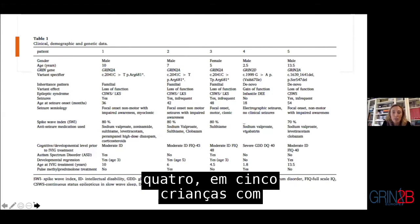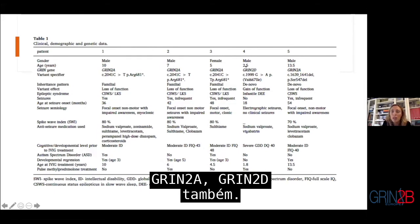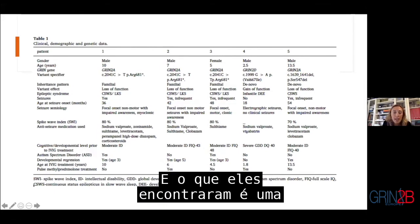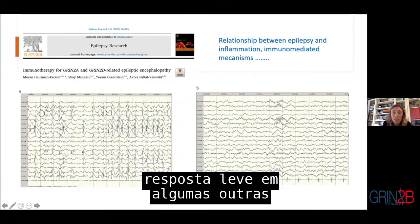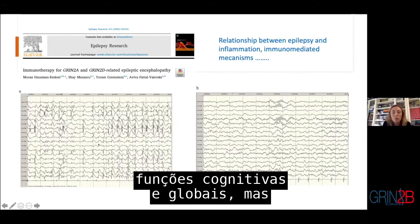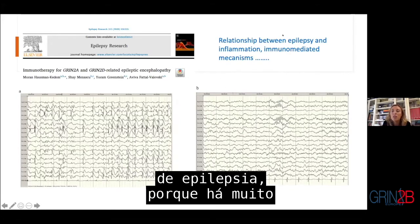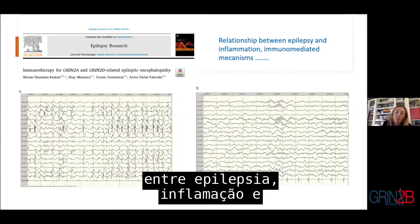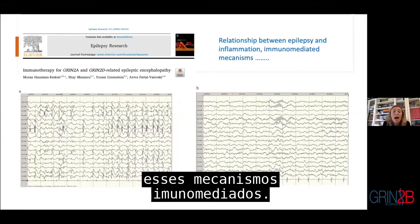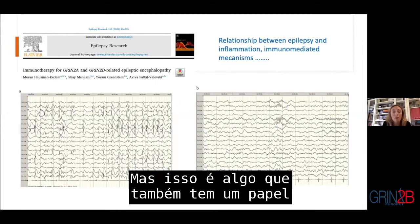proved in 5 children with different diseases: GRIN2A, GRIN2A, GRIN2D also. And what they found is an improvement of the EEG and also some mild response in some other cognitive and global functions, but also at the clinical level in terms of epilepsy, because it has been described a long time ago that there is a relationship between epilepsy, inflammation, and these immunomediated mechanisms. And maybe, although this is a single paper, this is something that also has a role in the